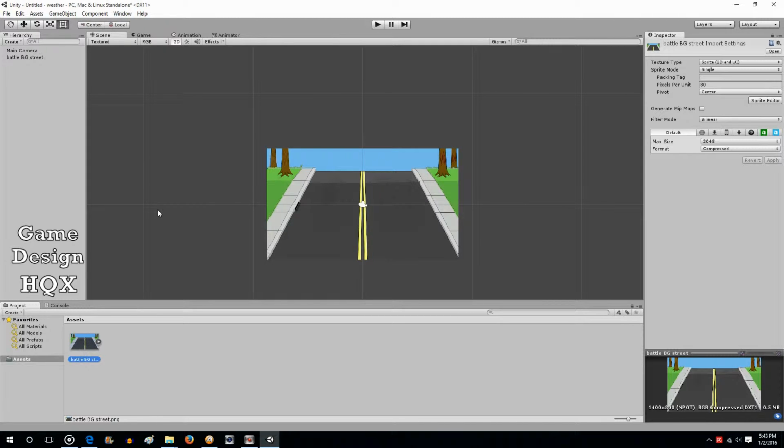Okay, so this is going to be the first video in a series concerning weather effects. These are going to be done using particle systems. And one of the things that you'll probably notice is that a lot of times you're not going to be able to create what you want with just one particle system. You actually need multiple particle systems to get what you want, and that's fine too, because as long as there